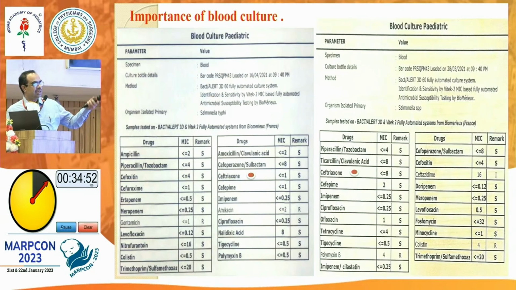So first one is the most common report which we get. This is a dream report when you have sensitivity to ampicillin, first generation, Septran also, then our favorite ceftriaxone. This is the ideal report we get in 50 to 60% patients. But the same thing, many a times you have higher MIC for ceftriaxone, which means you will get more time for